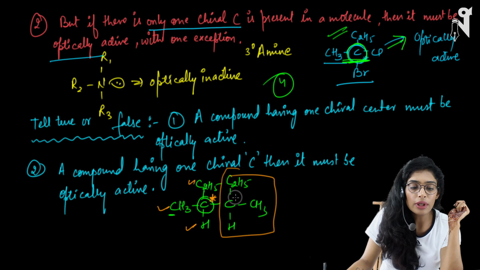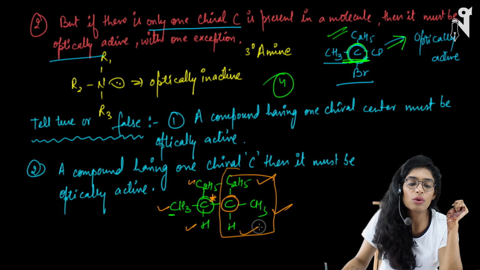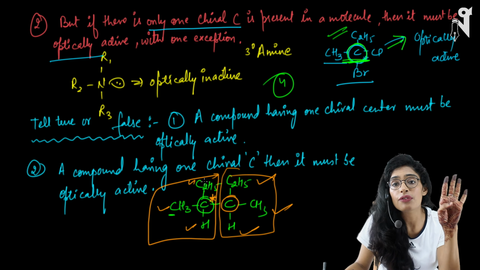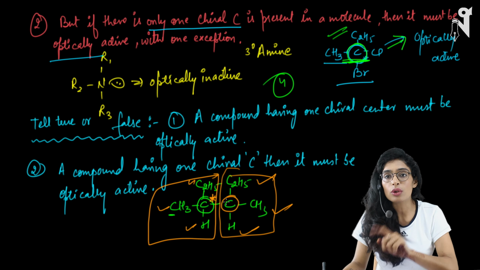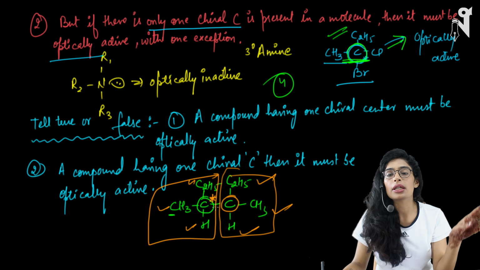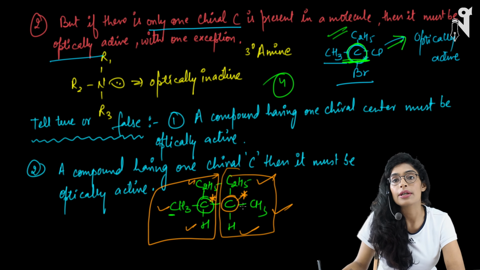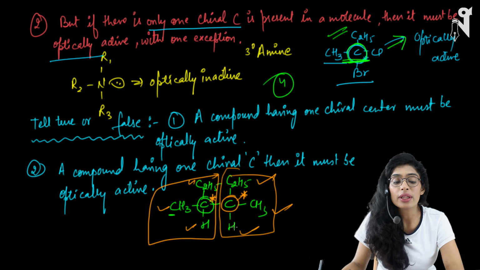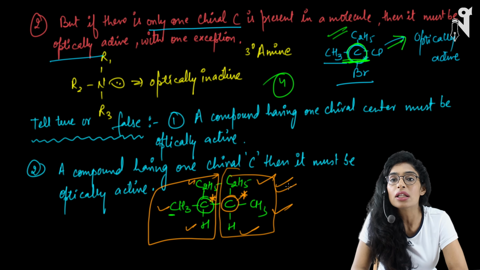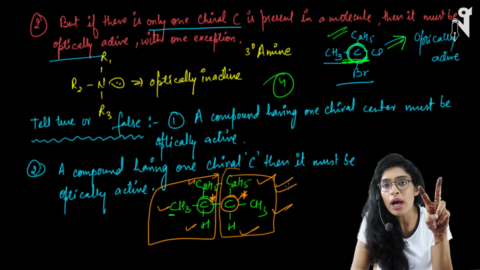Let's talk about the next carbon. The next carbon has C2H5, CH3, hydrogen, and this whole thing as attachments. Again, the 4 groups are different. The rest of the part will be treated as one group, not just the immediate carbon. The whole leftover thing will be considered as one group. This is also a chiral center. Now, whether this compound is optically active or not will depend on many other factors, not only these chiral centers. It has 2 chiral centers.